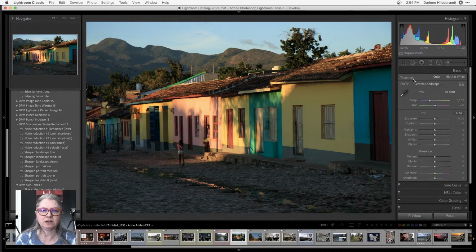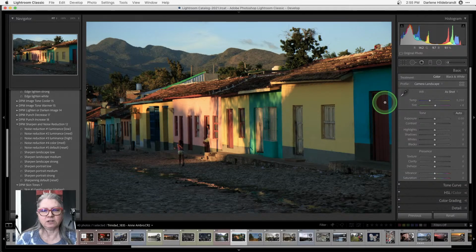Okay, so this was taken in, I'm going to say Trinidad, Cuba. And this was the tour we did last January. So this was before all the craziness started. It was literally the last tour that we ran for our company. Okay, so I'm pretty sure this is Trinidad because of the cobblestones and the colored houses. Okay. Yeah, she's done more workshops too.